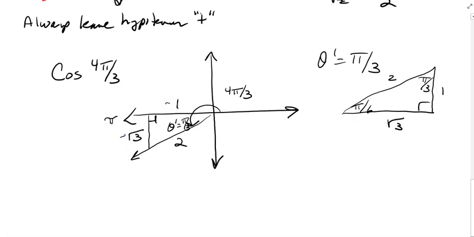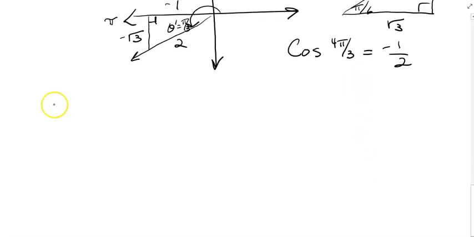From there, you can find every single trig function. We just want cosine right now. Cosine of 4 pi over 3 then. Just go from the reference angle. Cosine is adjacent over hypotenuse, negative 1/2. So if you draw the triangle correctly, you can get anything. Let's do another one. Let's do